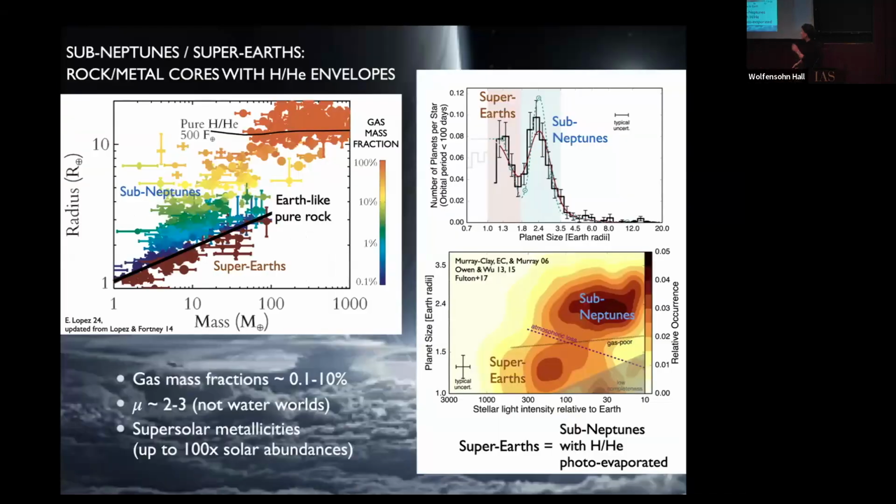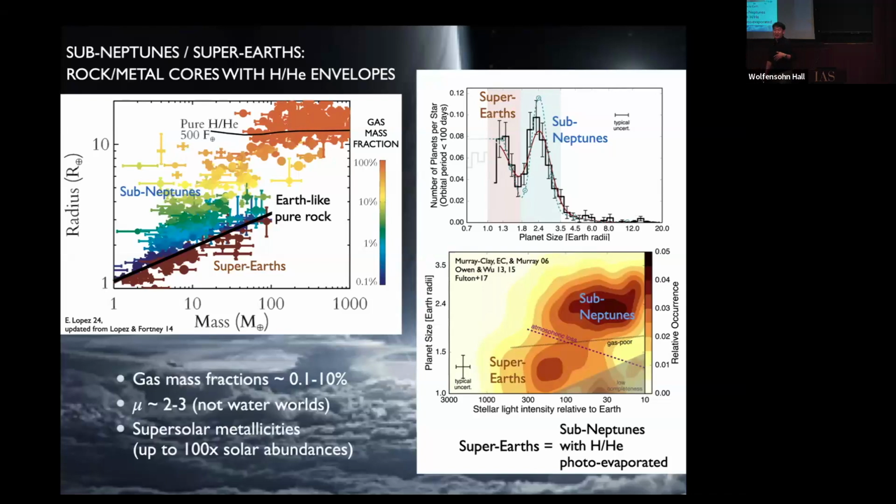How much gas do these sub-Neptunes have? Well, here's where they sit in radius-mass space. So the super-Earths, they're basically bare rock, silicate, Earth-like composition, 2/3 silicate, 1/3 metal. But the sub-Neptunes, they're puffier. So they have, according to this color bar here, envelopes which weigh maybe a few percent of the total mass of the object. So modest by mass, but huge by volume. A percent by weight atmosphere can quadruple the photospheric sizes of these planets.